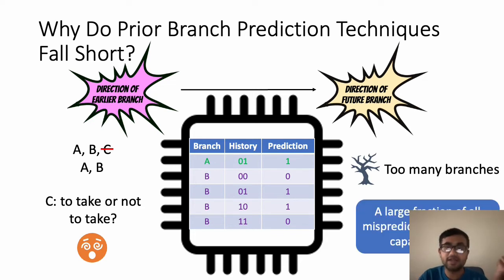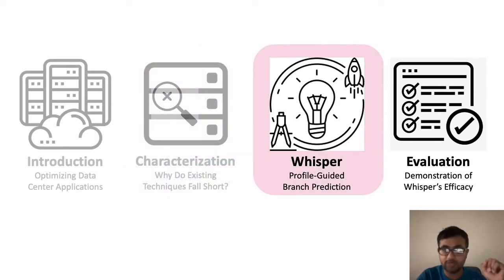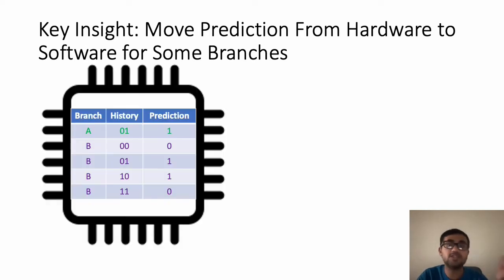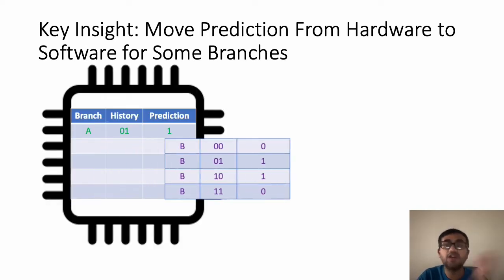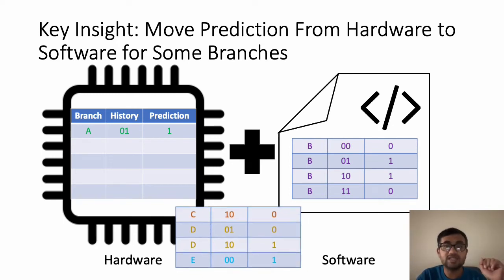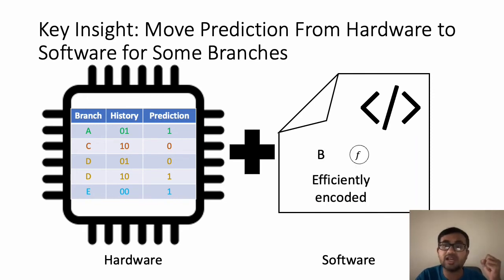As a result, data center applications suffer from a large number of branch mispredictions due to capacity issues. Now let us see how we solve this problem with Whisper. To solve this capacity problem, Whisper's key insight is to move prediction for some branches from hardware to software. One immediate benefit of this approach is that now we can store information for more branches in hardware, effectively increasing its capacity. Another significant benefit is that when we predict some branches via software, we can efficiently encode this large